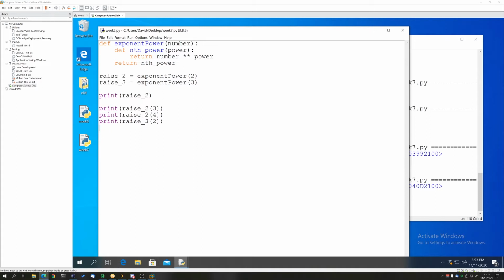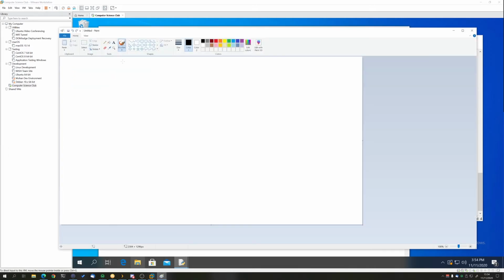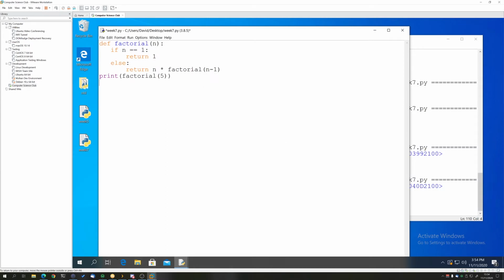So let's take an example of a recursive function here. In this case, this takes the factorial of a number. For those who don't know, a factorial is that exclamation mark you might see. So 5 factorial means we're multiplying by every single whole number less than it all the way down to 1. So x factorial is equal to x times x minus 1 times x minus 2 and so on, all the way to times 1. This makes perfect sense, right? We're just going to multiply over and over again. So this would be a good candidate for recursion.